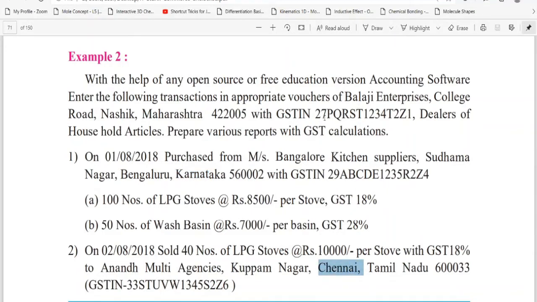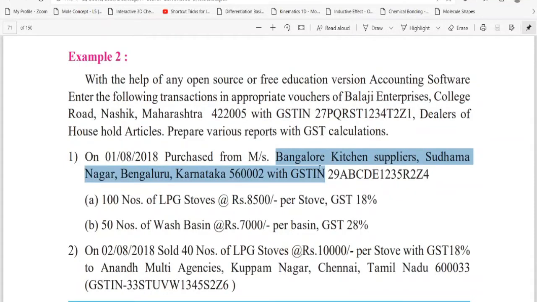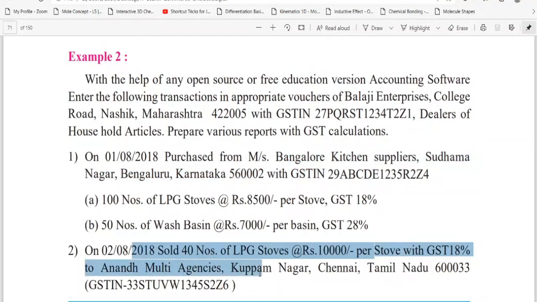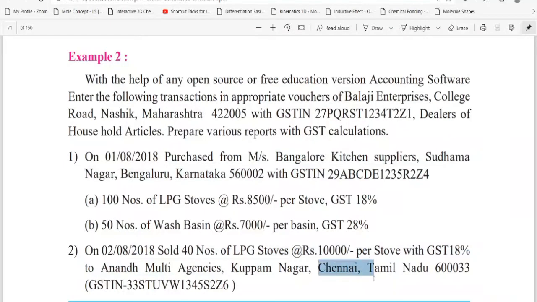So basically the company is from Maharashtra, Balaji Enterprises, purchasing products from Bangalore Kitchen Supplier in Karnataka state, and selling those products to Anand Multi Agencies, which is from Chennai, Tamil Nadu.